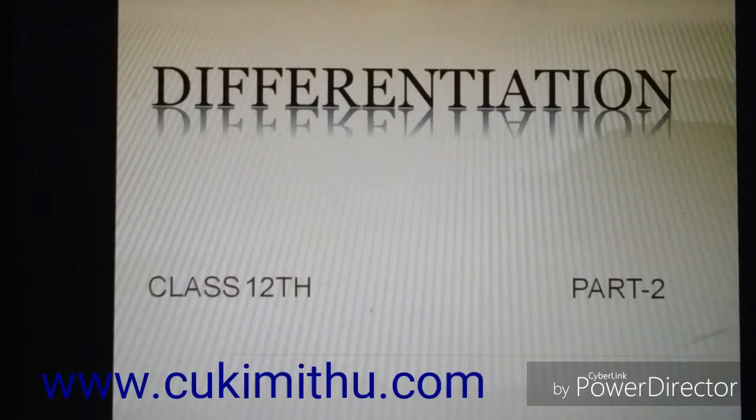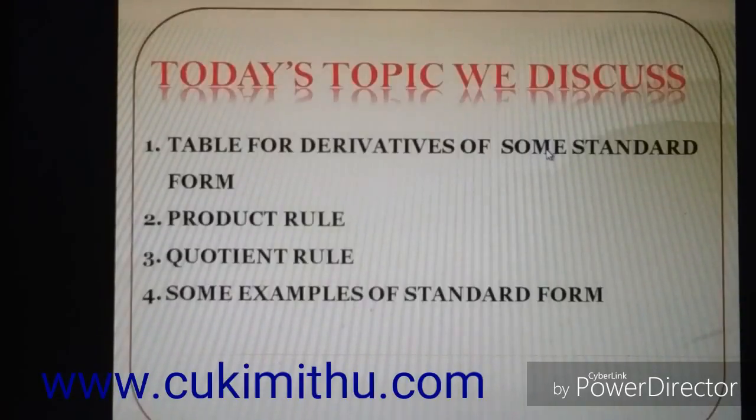Differentiation part 2. In the previous part we discussed the basic derivatives used in differentiation. Now we come to the derivatives of standard forms of functions. Today we discuss the table of derivatives of some standard forms, then the product rule, then the quotient rule, and then we take some examples of the product rule and quotient